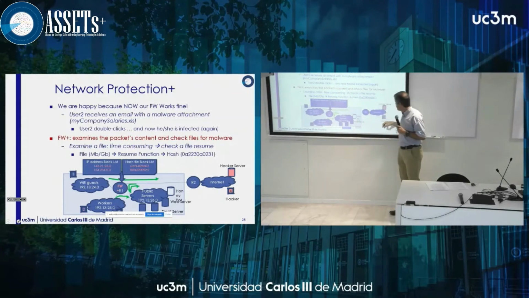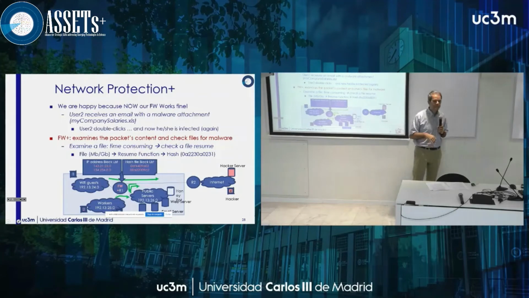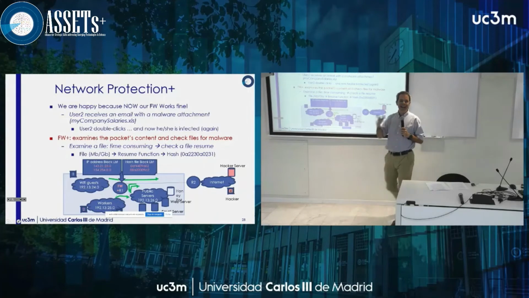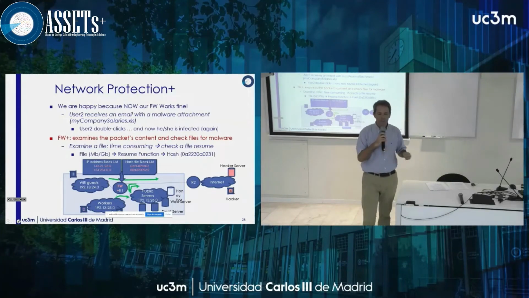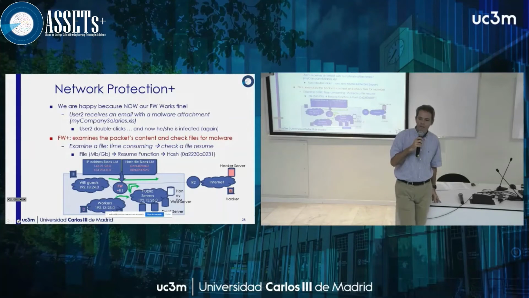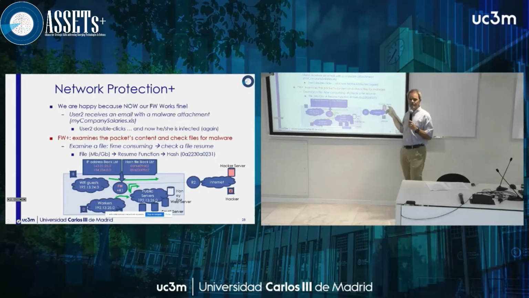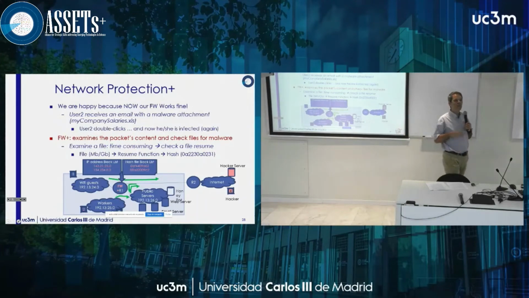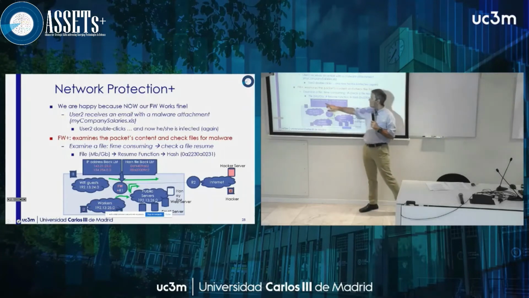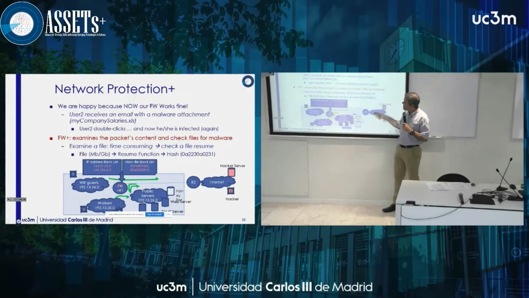You can imagine there is a new hacker and a new hacker server. Hacker servers continuously have new IP addresses because, for example, hackers use public web servers, take control of those servers, and use them as hacker servers. So they have a new IP address every day, and it's probable that those IP addresses are not in the blacklist. So for example, let's go to the case where user 2 receives an email